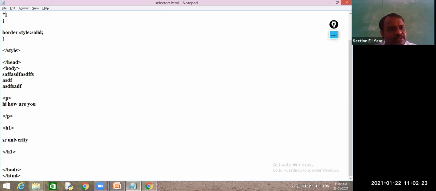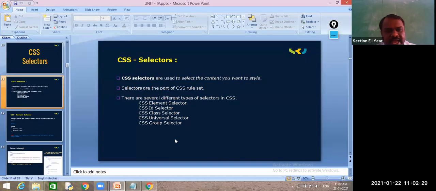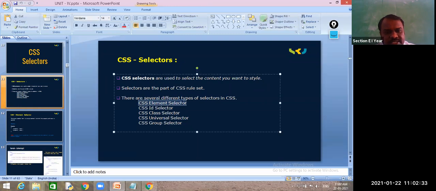So how do we write the universal selector? By using star notation. All of these play an important role in CSS. First one is the element selector, next are ID, class, universal, and group selectors. So when do we go for the element selector?